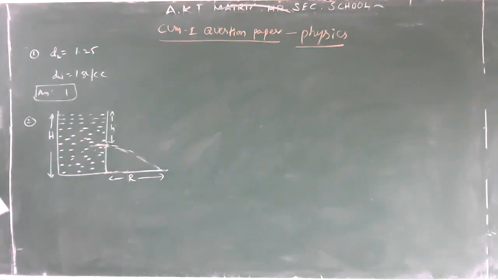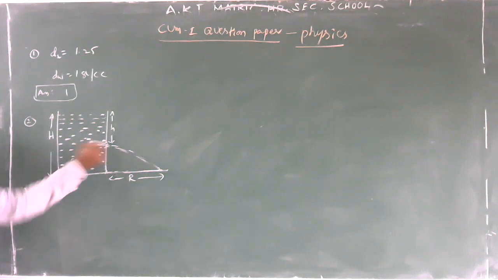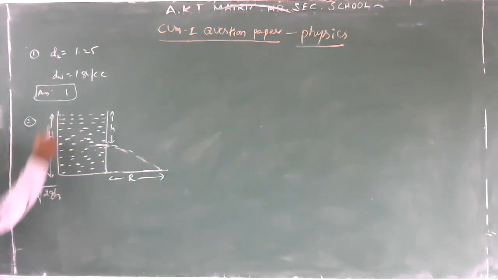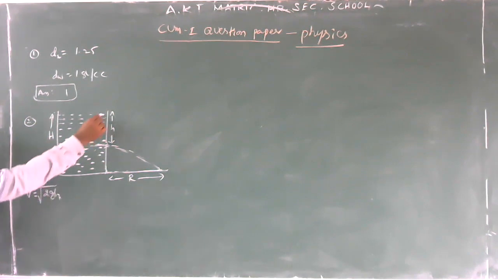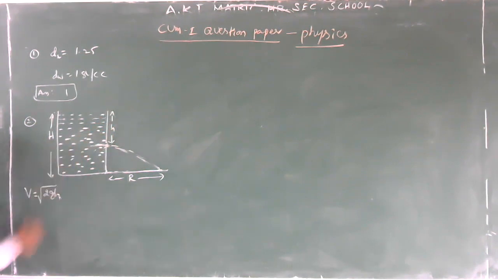We know that when a liquid comes out from a narrow orifice, the speed of efflux is equal to the velocity gained by a freely falling body. Here, V is equal to square root of 2gh. Next, the liquid column height is capital H, but the narrow hole is made at depth small h from the free surface. What is the net displacement? The displacement of the fluid S is equal to capital H minus small h. That is the vertical displacement.